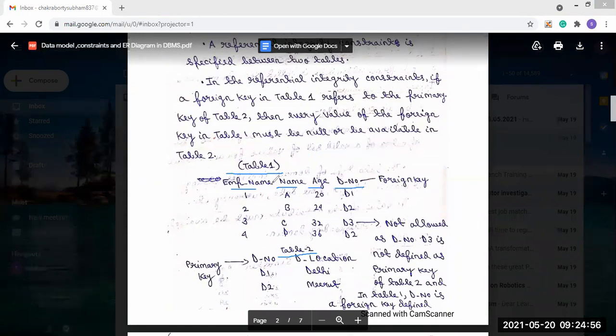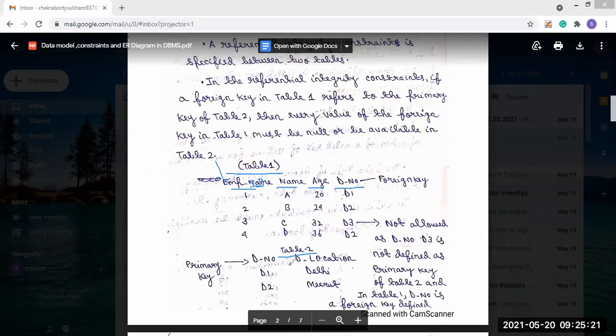So this should not be employee name, this should be employee ID. Okay, this should be an employee ID. Now this employee ID is the primary key of table 1.